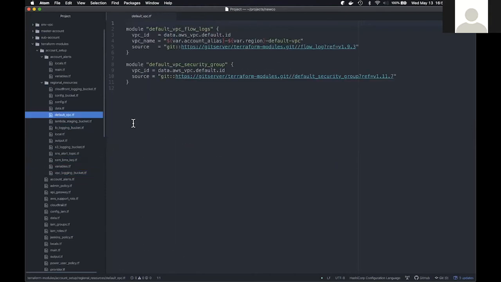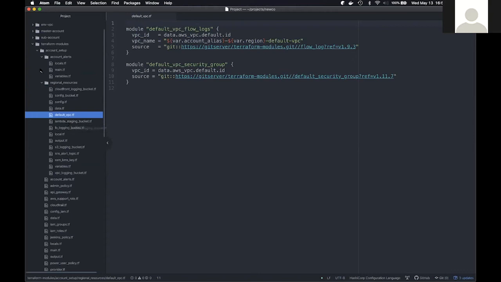The default VPC, so of course, as part of CIS, you need to make sure that the default VPC has flow logs on, and that the default VPC security group is tightened down, closed down. So again, when I extend to a new region, I want to make sure that as I extend to that new region, I have appropriately managed all of those resources inside of there, and I've basically set that region up so that I can now drop in applications, and I can be comfortable and confident that the security, logging infrastructure, all of the things that are necessary for that region to come online are just